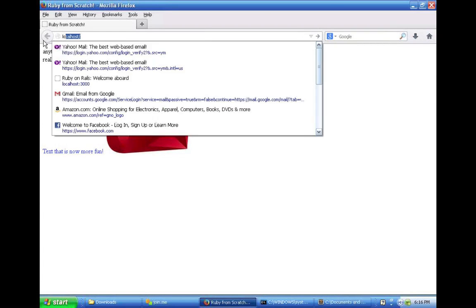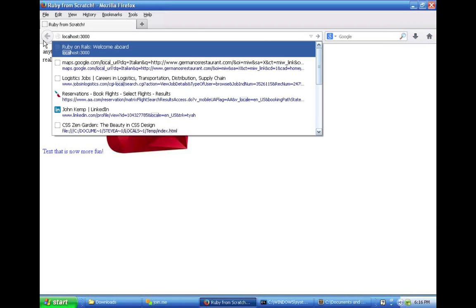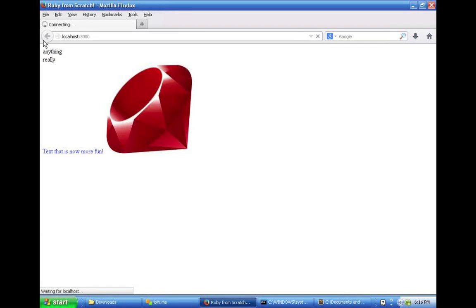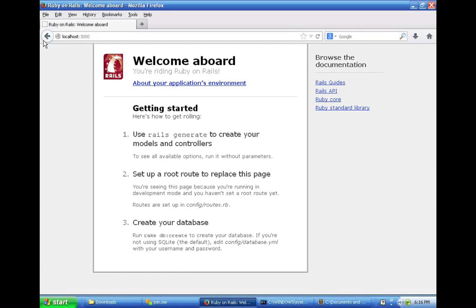I actually missed a step here. So this is our Rails app. We can see that it's running. That's great. So let's go into... I actually forgot a step here. If we go back into Sublime,